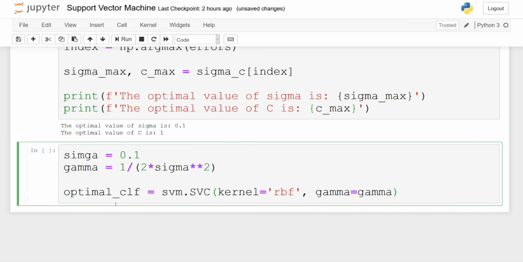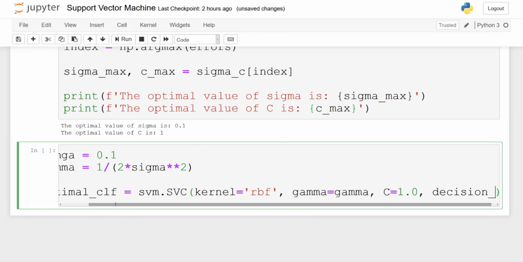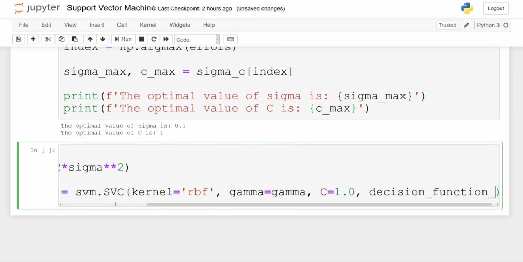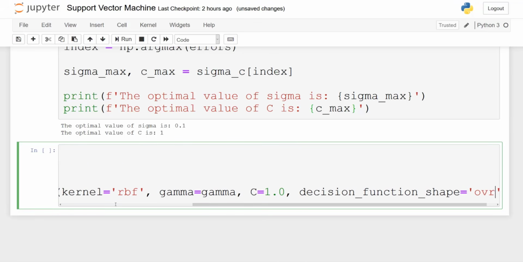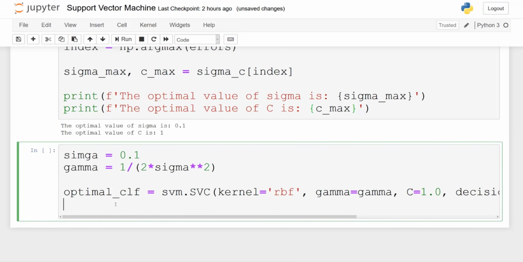Gamma is equal to gamma, C is equal to 1, and the decision function shape is OVR. Now we will fit our classifier to our data. So x underscore 3, y underscore 3 dot ravel.